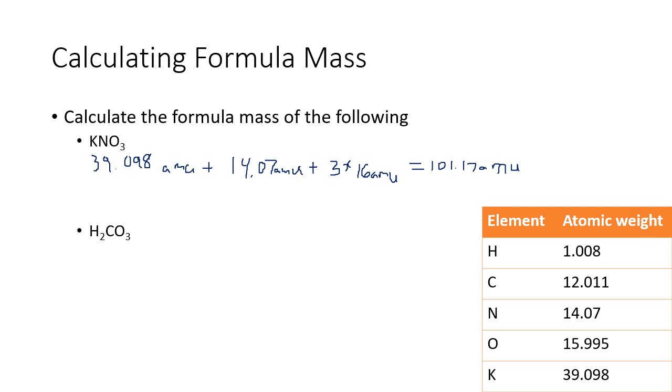All right, so let's do the same thing, but we're going to do it for H2CO3. Now, in this case, we have an acid, right? It's because we've got hydrogen with a polyatomic ion, and we know that that's an acid. CO3 is carbonate, so it's carbonic acid. All right, so let's try to do the thing. We have 2 hydrogen atoms. So we're going to do 2 times that weight